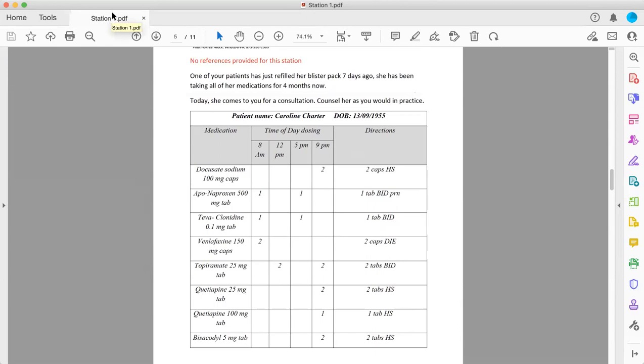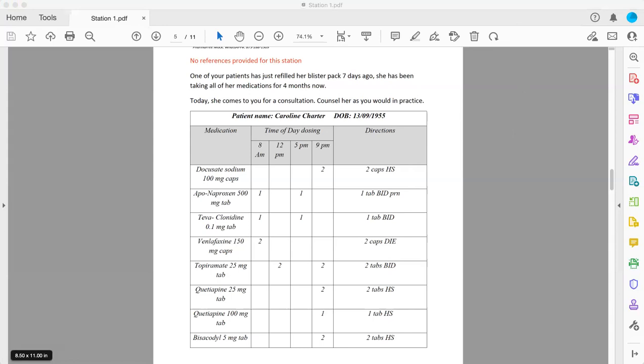Hello, may I speak to the pharmacist, please? Hi, I'm Rag, the pharmacist on duty. How may I help you? Hello, how are you? My name is Caroline Churchov, and I would like you to recommend some over-the-counter medication regarding my stomach upset. Yeah, of course. Caroline, please have a seat in our private counseling area. Whatever we discuss will be confidential. May I confirm your first and last name and your age?